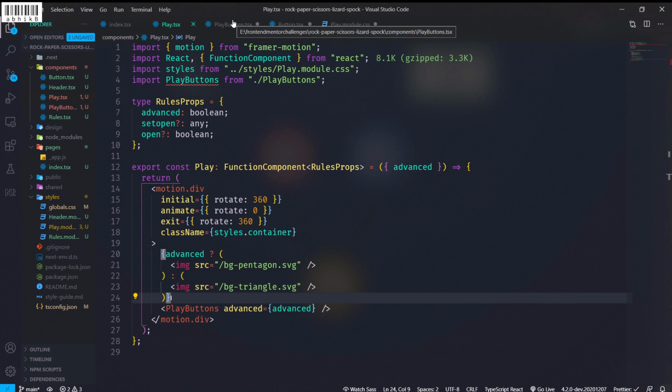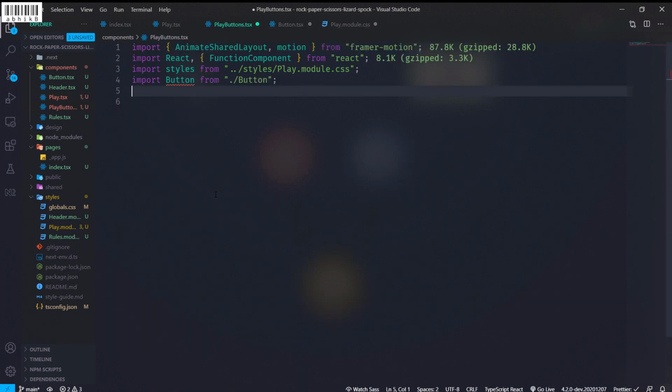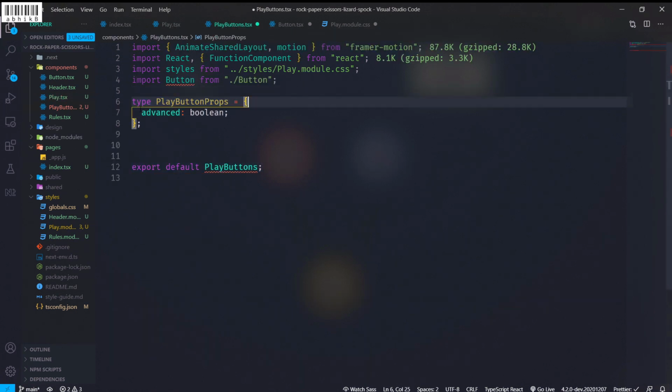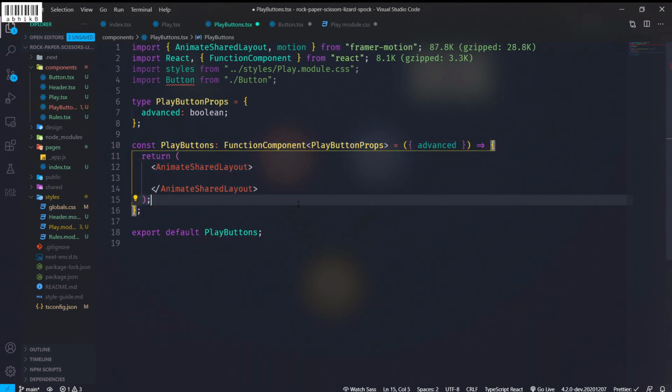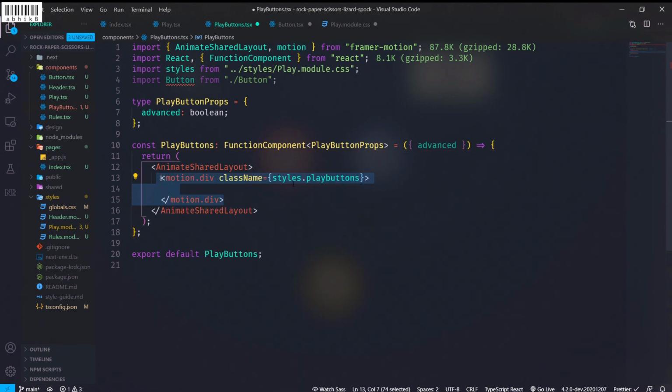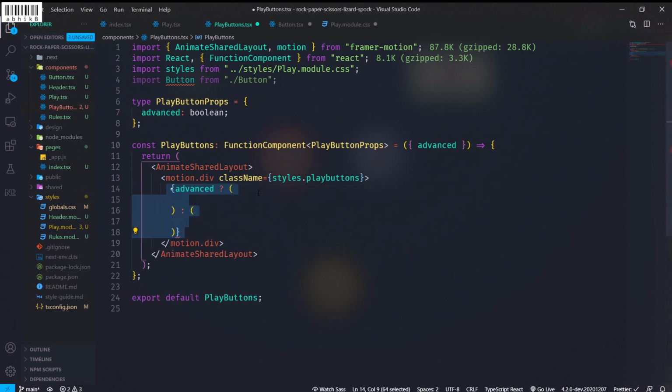And below that we will render our play buttons, which will also take the advanced prop. Here the play buttons have this advanced prop, which is the only prop they are taking, and inside that we will have animated shared layout, so that whenever we change our modes, these buttons will have some transitions. Inside this animated shared layout, we will have a div with class name of styles.playbuttons,